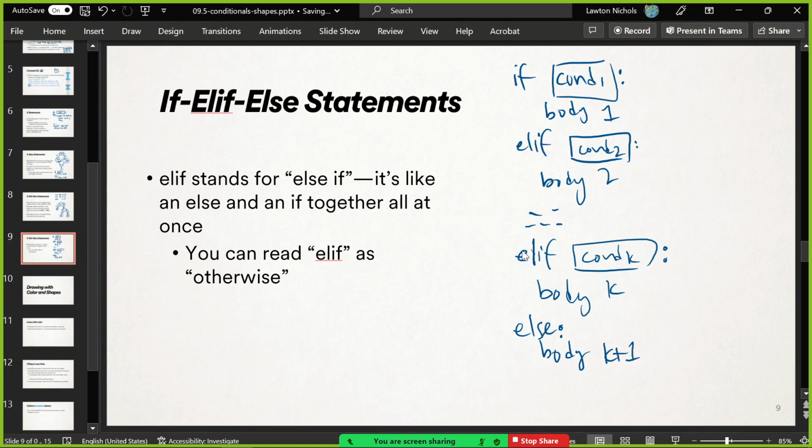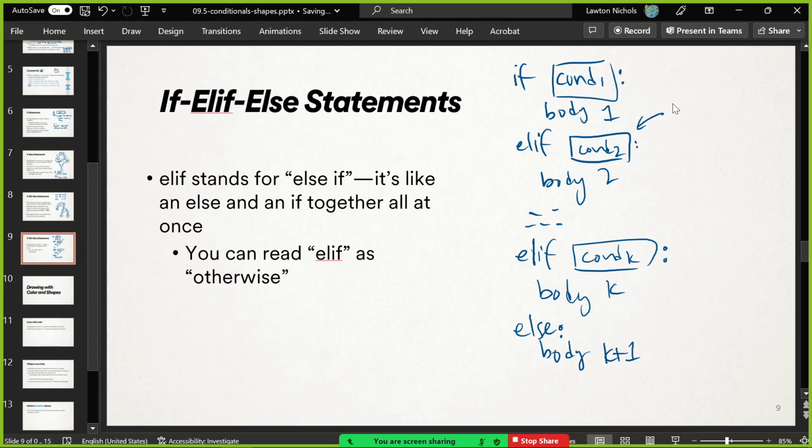All right? So here's how elif works. Here's how this big statement works. If, elif, elif, elif, elif, all day long until an else. It will check this first condition. And if that's true, it will run this first body, and then it's done with the whole thing. What if, elif, else does is it finds the first condition that's true, runs its body, and calls it a day. All right? So, for example, this elif cond 2,